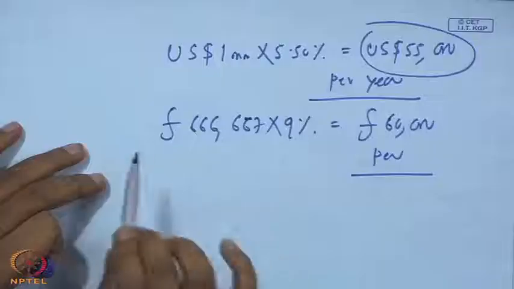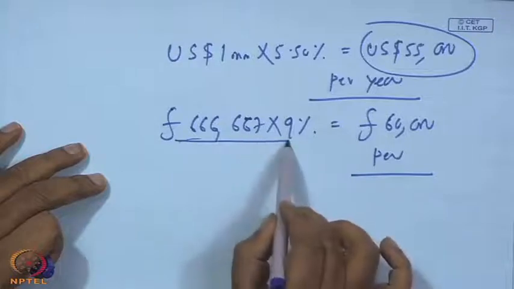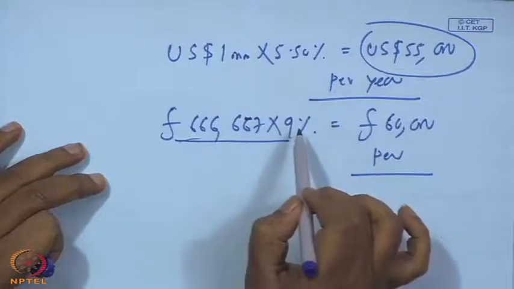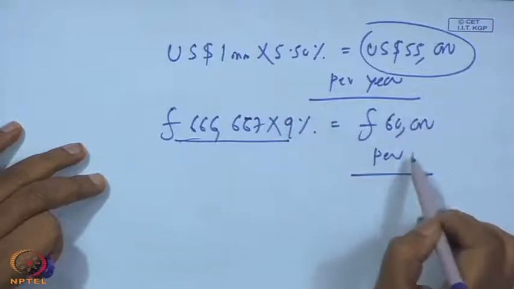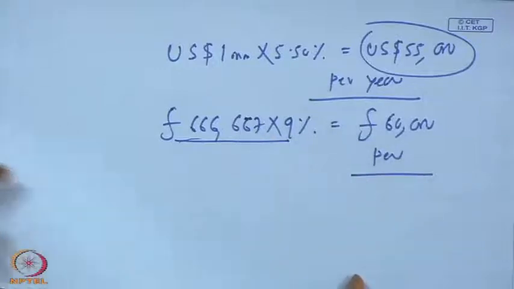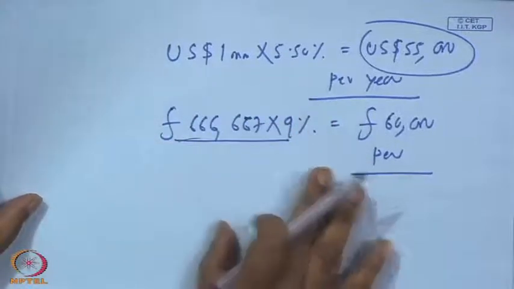So, the company has two different cash flows. One is 1 million US dollar, which after 5 years they have to repay, and every year 55,000 US dollar as interest amount. Similarly, for the equivalent in pound sterling at the rate of 1.5, the principal amount is this, and 9% interest in pound sterling, 60,000 every year. This is the final transaction and cash flow among the two parties.